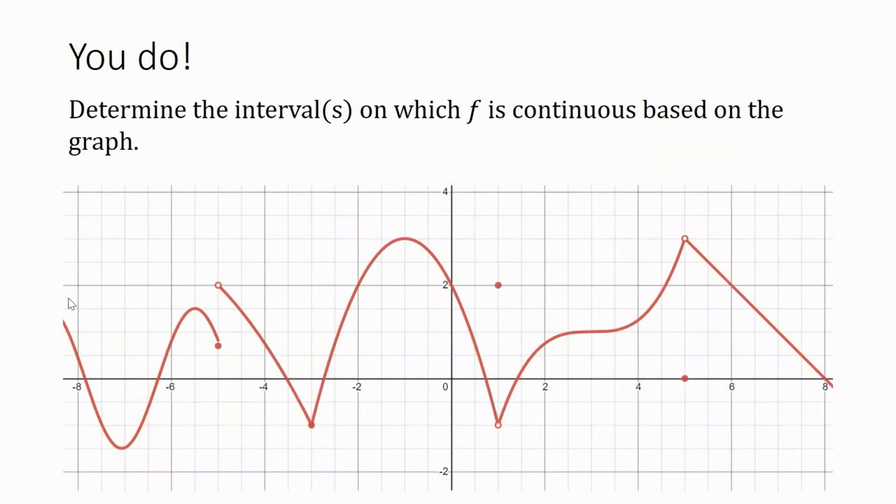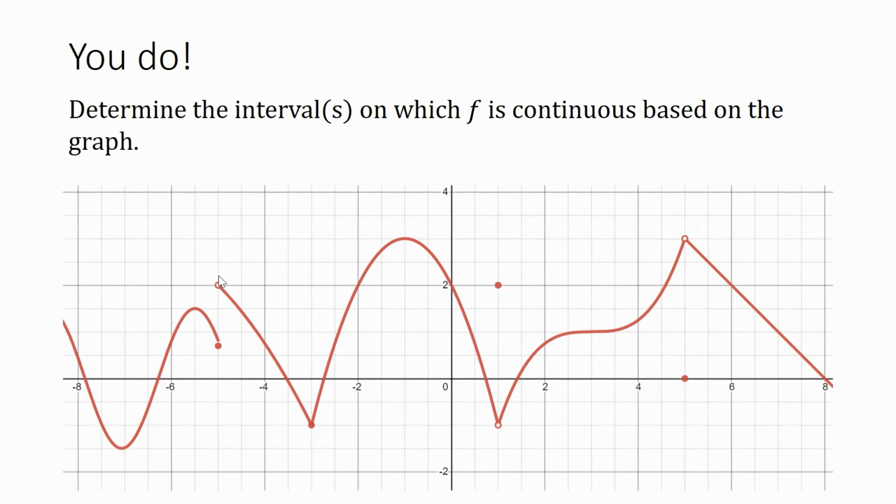With these last two examples that we did, you can see where the intuitive definition of being able to draw a graph without lifting your pencil comes into play. The most common types of discontinuities are these types where the two ends don't meet up, and then this type where we have a hole and then a point elsewhere at that spot. The intuitive definition of being able to draw a graph without lifting your pencil